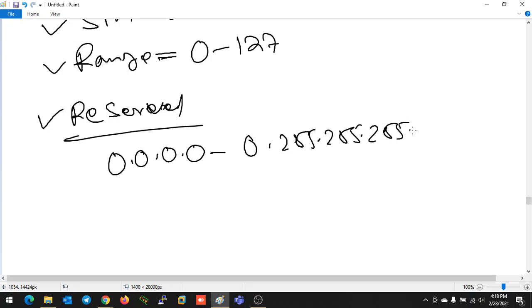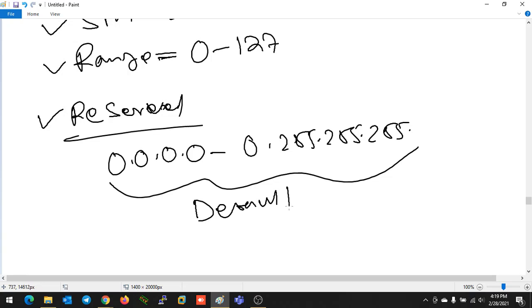It has been reserved for default routing. Or by default, if your device is not assigned any IP address, it will be assigned this IP address, 0.0.0.0. So from all the classes, class A, class B, class C, for some specific purposes,